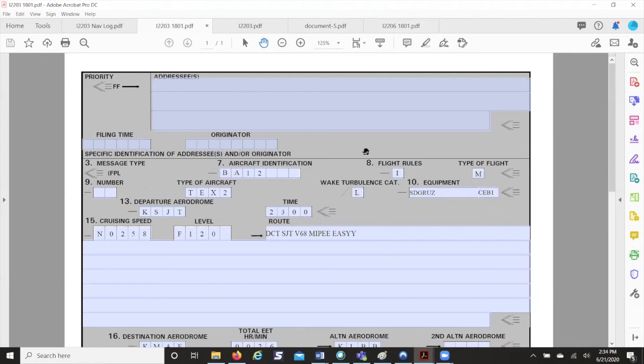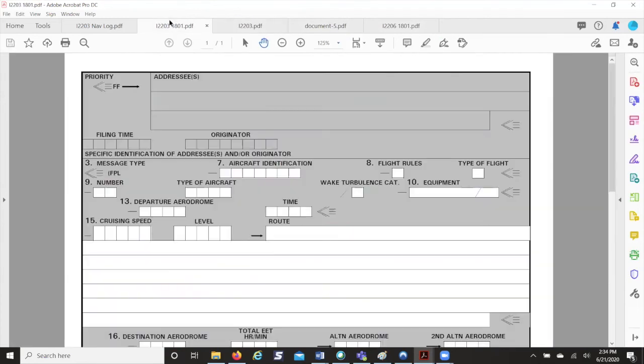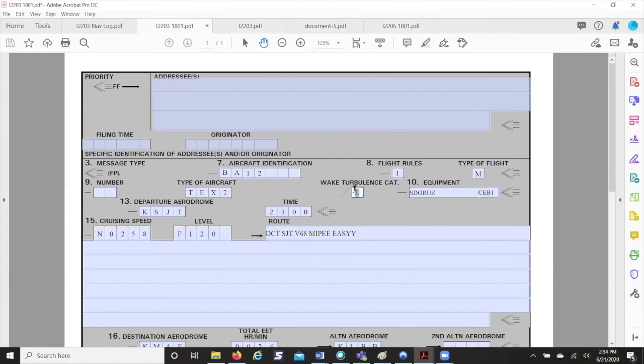Wake turbulence category, I think that was always L. Or no, so I think based off of light, moderate, and that, I don't remember if I ever changed any, but I think there might be. No, wake turbulence category, I think you're always going to leave as L, because that's